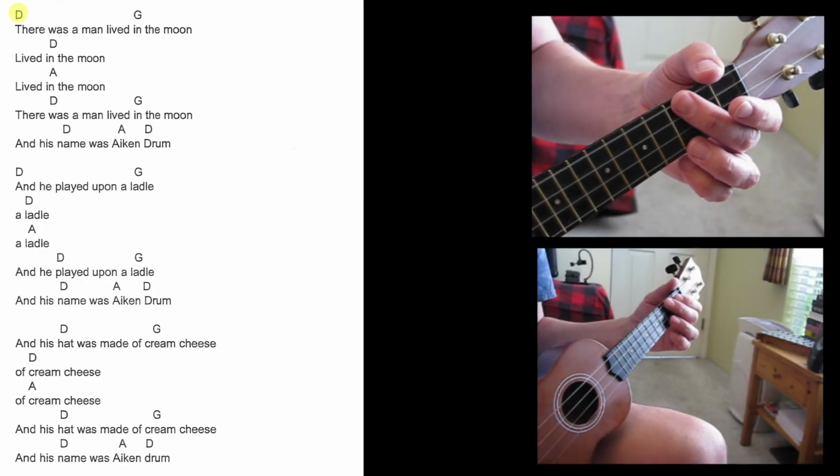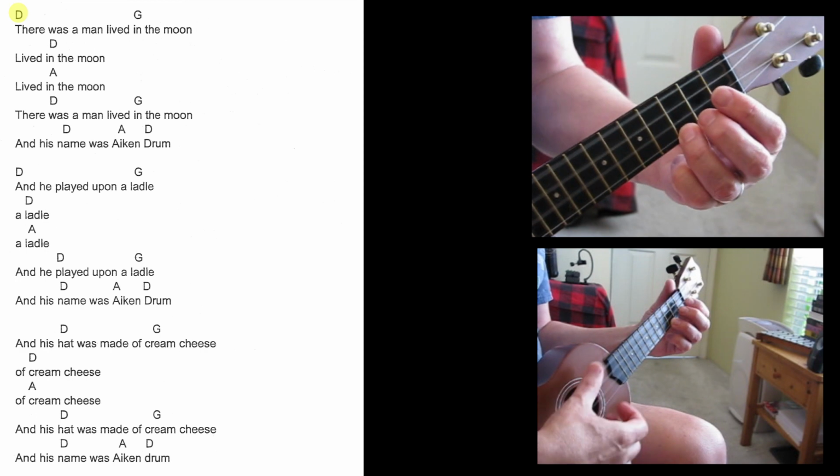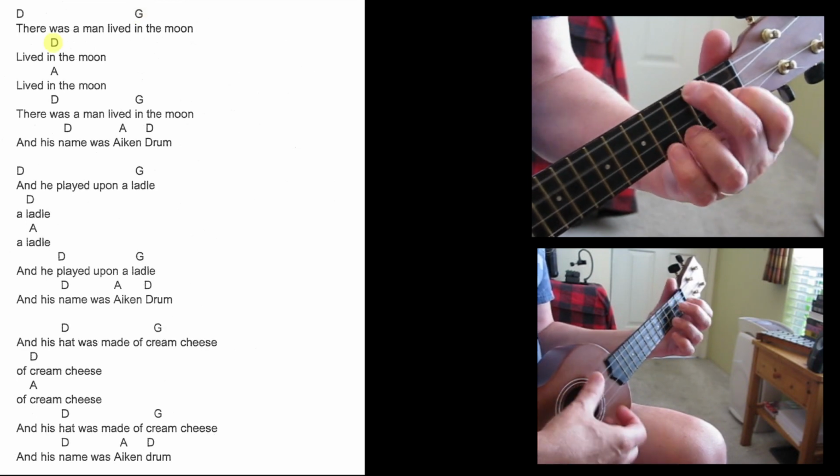One, two, three. There was a man lived in the moon, lived in the moon,